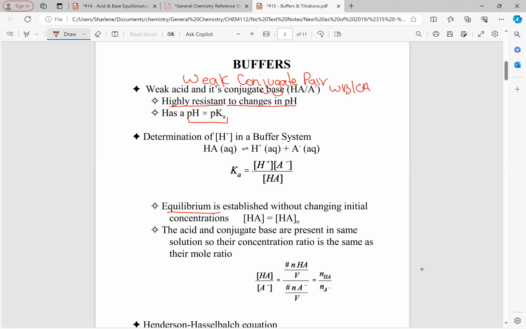So here's the difference. You are starting with an initial amount of one of the products. So for instance, in my little ICE table, let's say I started with 0.1 molar here. Well, guess what? If I have 0.1 molar here, but I didn't add any of those in, if those are my initials,